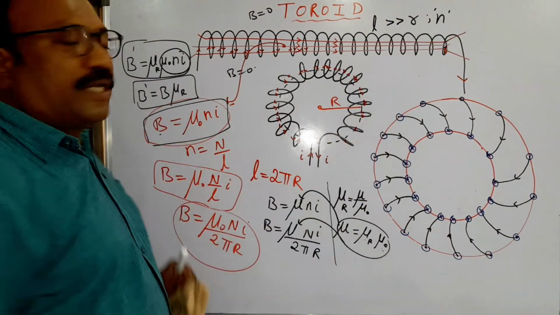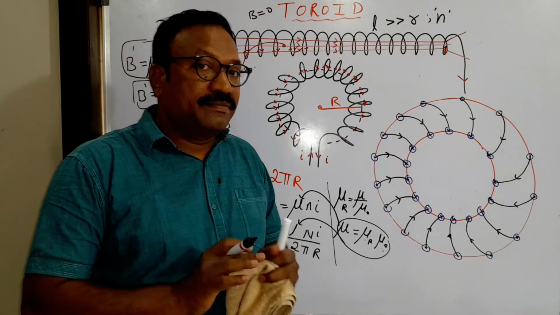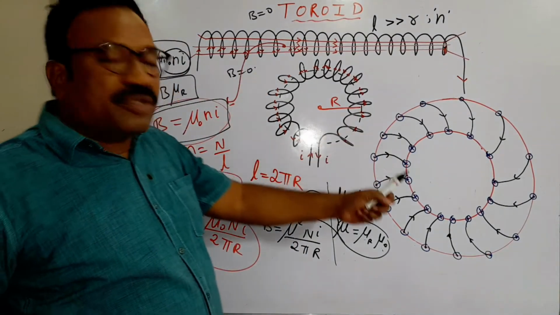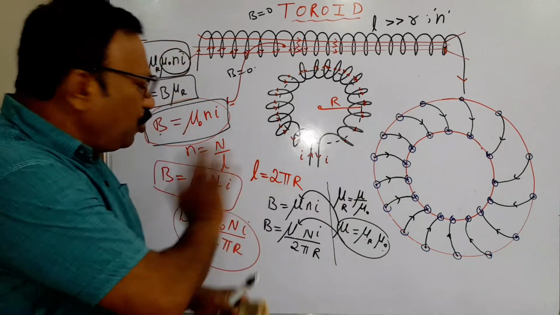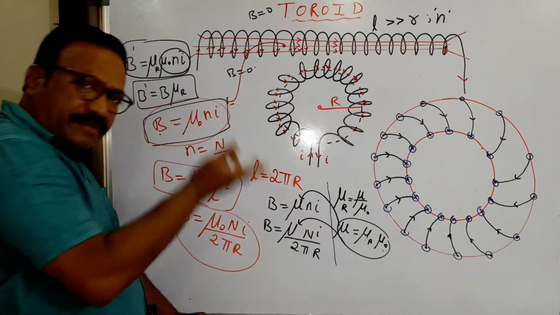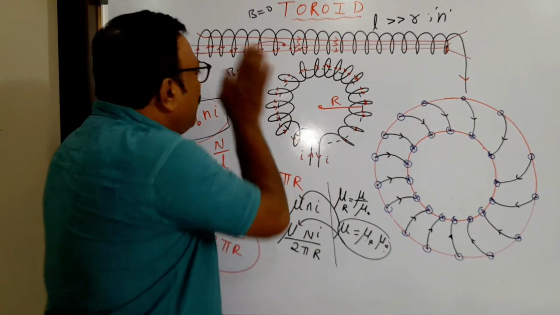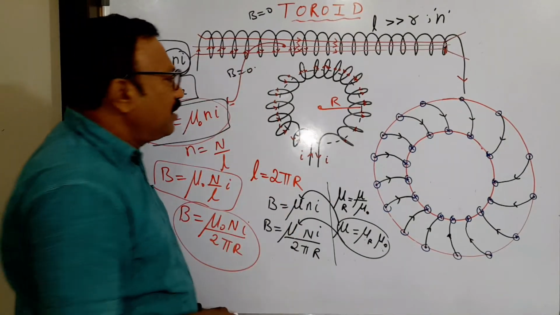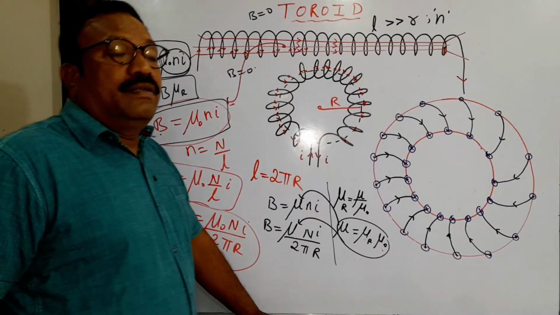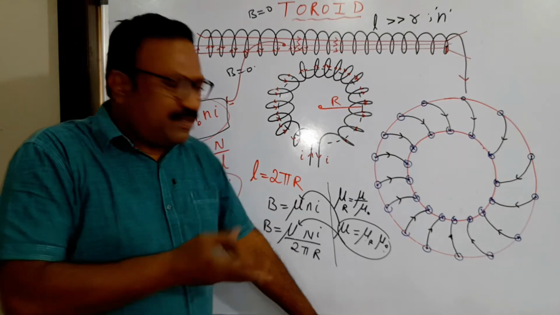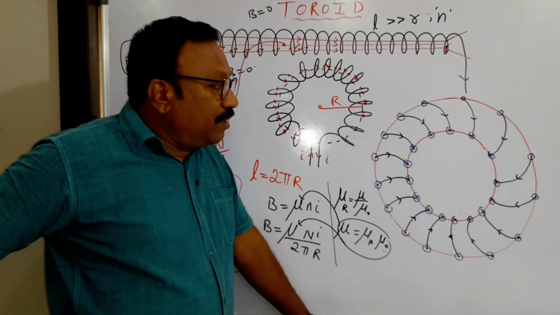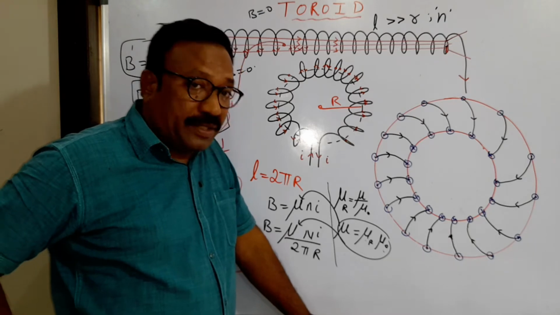That's all about the toroid. But there is still a discussion about the toroid. Nothing new points, but proofs. This formula we will prove again. You said that the field here is 0, no? You'll prove it again. This proof you want if you listen. Otherwise, these are the formulas only for solving the problems. But it is important because we are applying Ampere's circuital law.